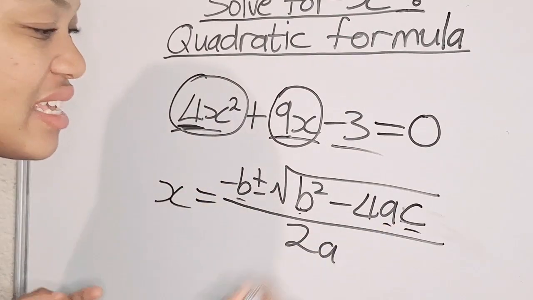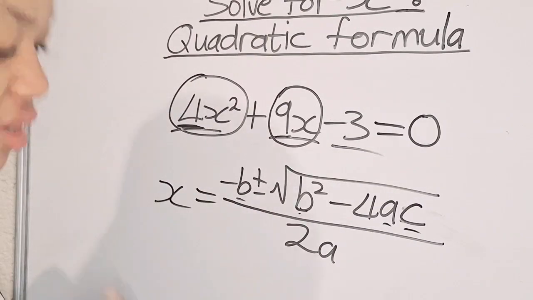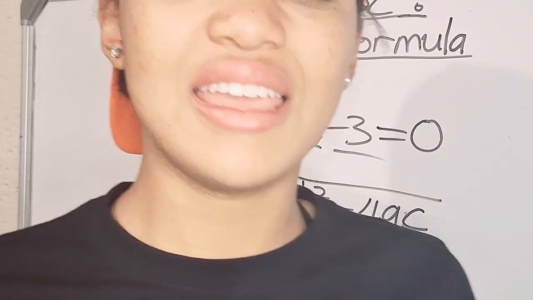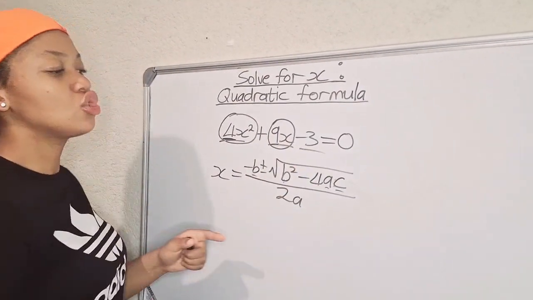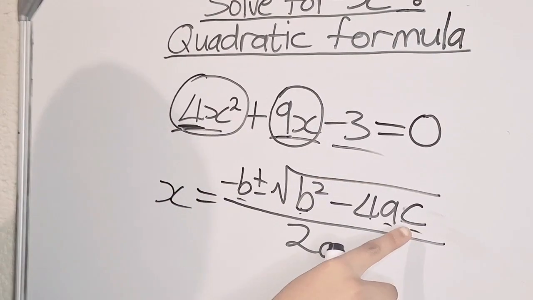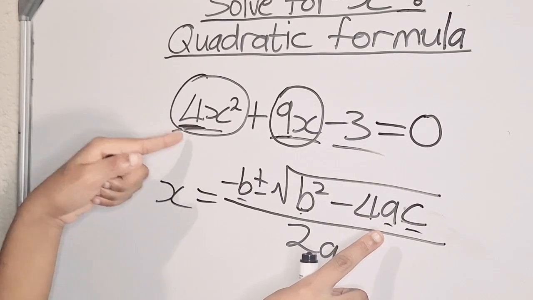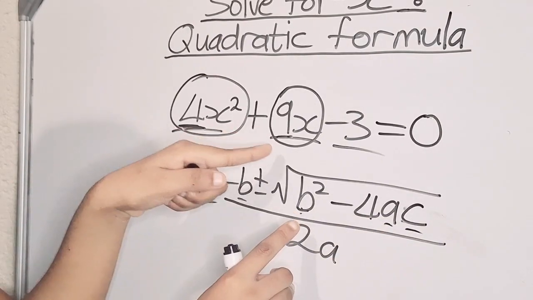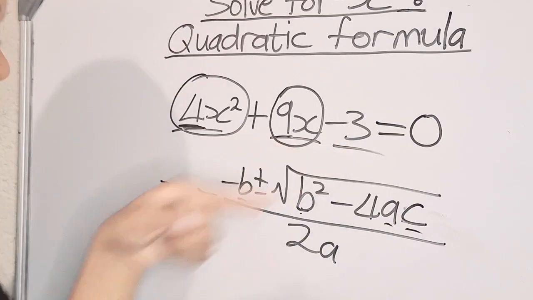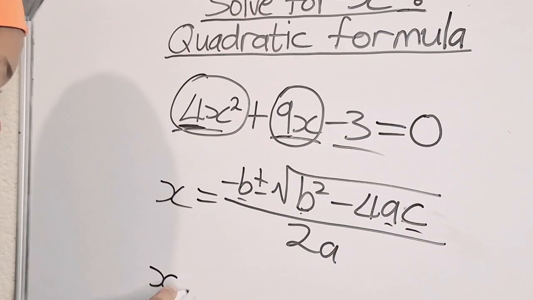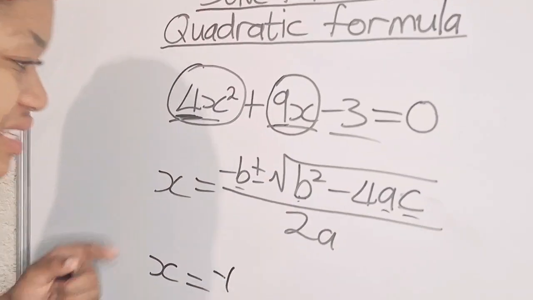Then lastly, c is the constant. The constant, as I said before, is the term that has no variable. That is why we call it a constant. So our constant here is negative 3. That is why it will sit in c. So a is the coefficient of the first term, b is the coefficient of the second term, and c is the constant, just like that. So x equals negative b,